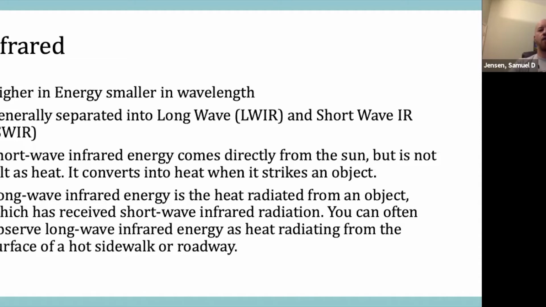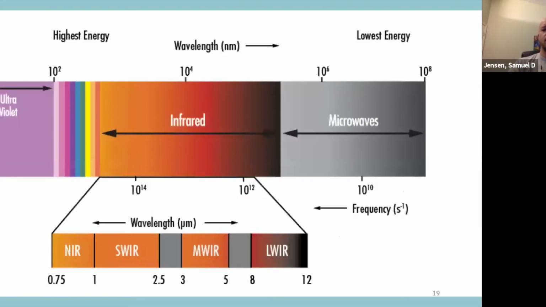Shortwave IR is the energy that we get from the sun, versus long wave IR, which is radiated from objects. Our bodies are warm, and our bodies radiate heat in long wave IR. So we can see things like our bodies in long wave IR because of the heat. This is one of those things that you'll see here,